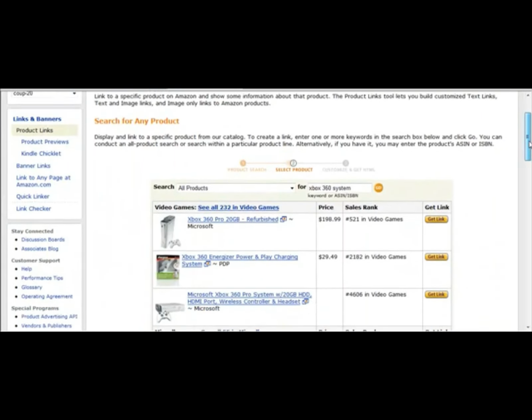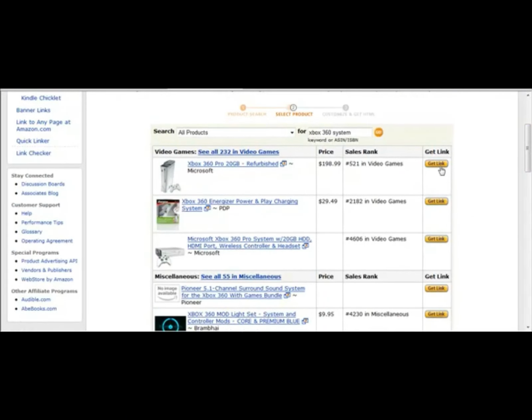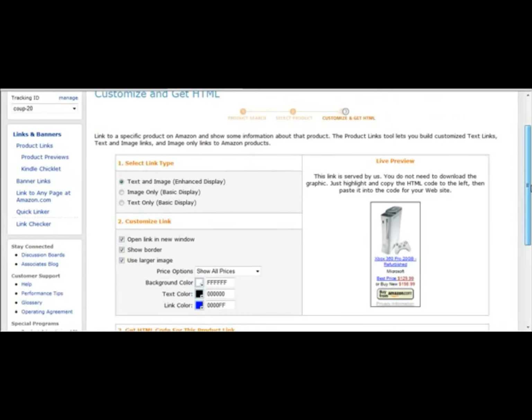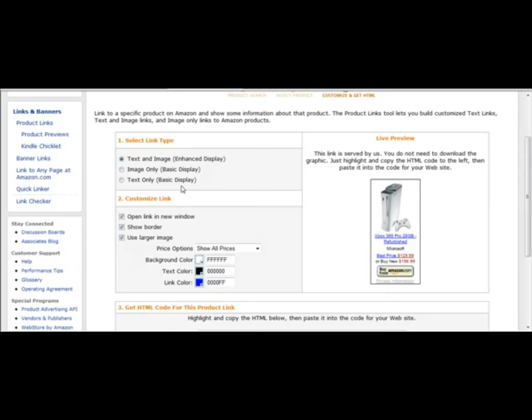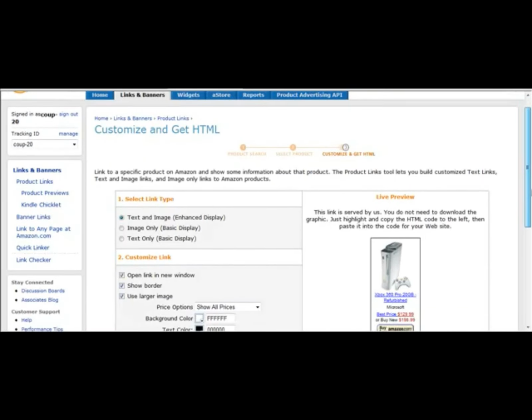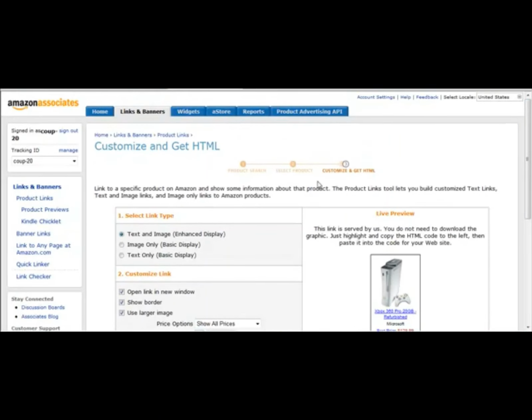So there's Xbox 360 system, and then you could select get link, and then you could again select from your different images here. Text and image, image only, text only. So it gives you a variety of different options as well. So that's what I recommend you do as far as grabbing that, is that you go ahead and just grab that link by going to links and banners, and that will make your life much easier as far as promoting this. Just links and banners, product links, and then just do a simple search for what it is you have